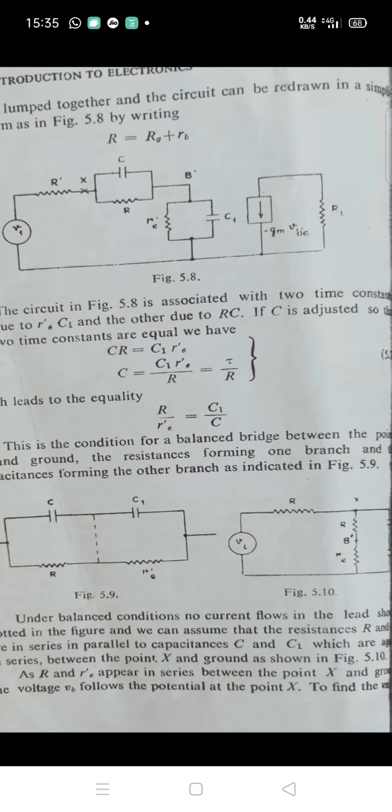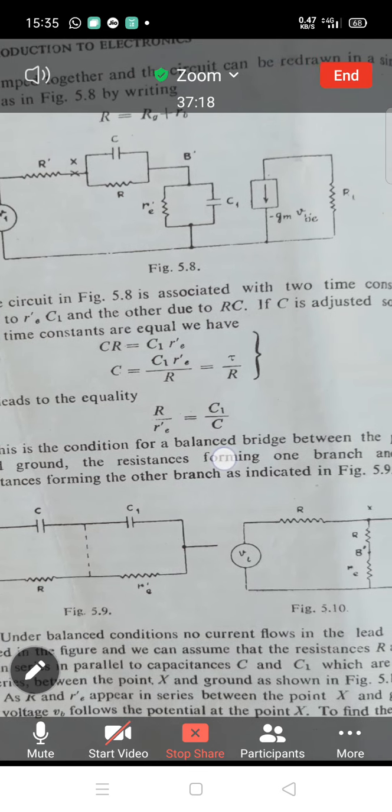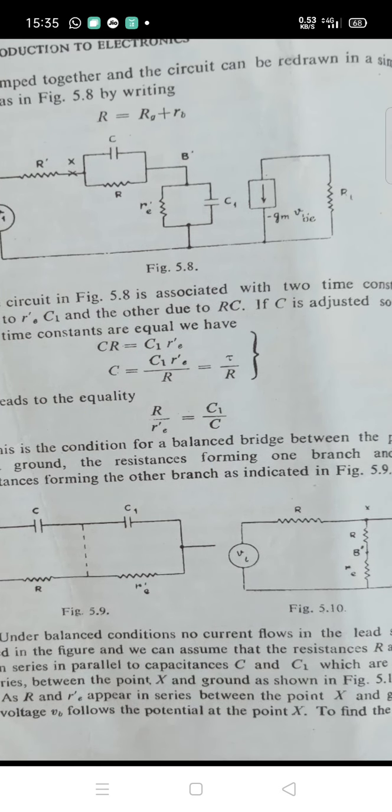So this will be the diagram. Now by writing R equal to Rg plus Rb, the circuit in the above figure is associated with two time constants, one due to R dash E C1 and the other due to Rc. If C is adjusted so that the two time constants are equal, we have Cr equal